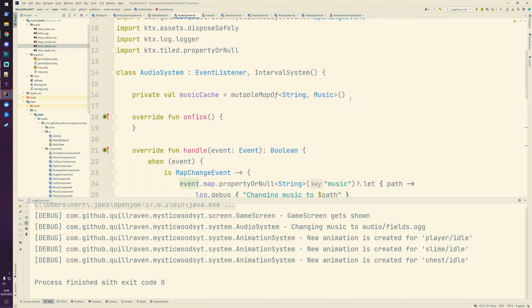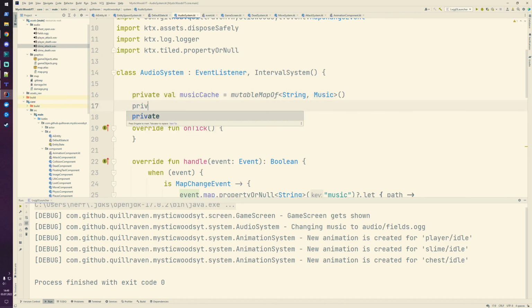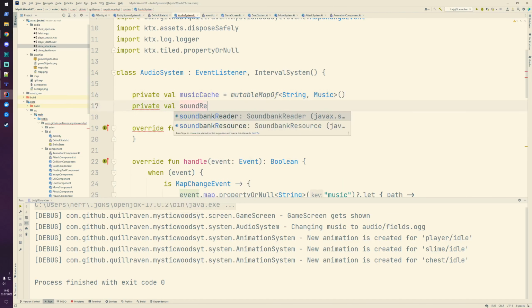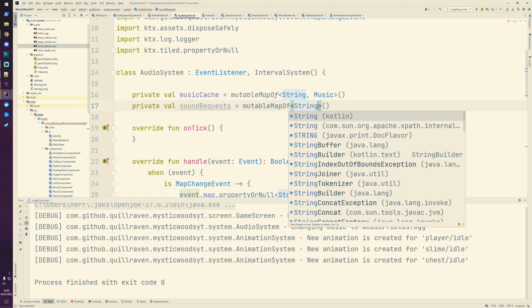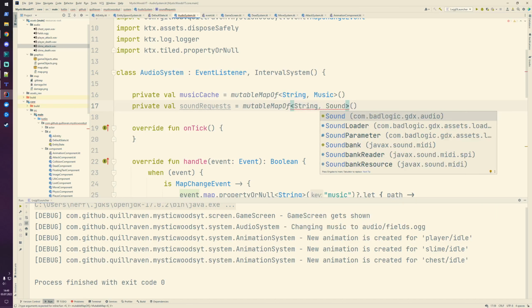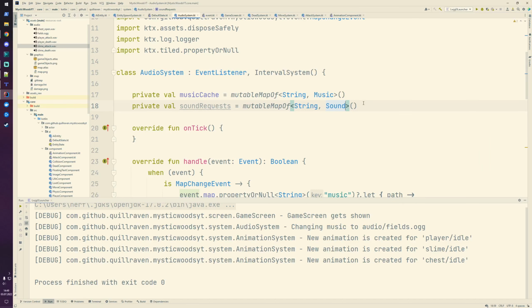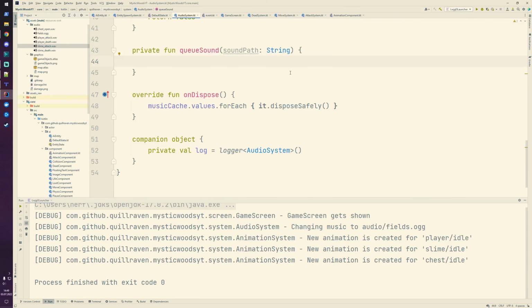So up there, let's create, let's call it sound requests, for example, and this is simply a mutable map again of the sound path and the sound object that should be then played. So here, let's also make a debug message that we know that something gets called here. Queuing sound